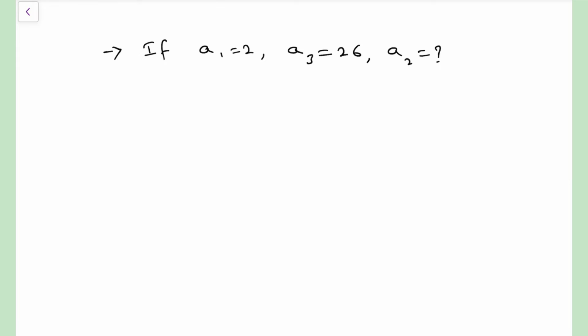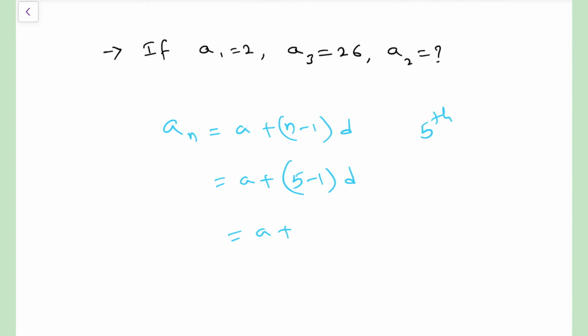Next, if a1 equals 2, a3 equals 26, we need to find a2. Before going to this one, let us write a small trick on how to write the terms. For example, if we need to write the fifth term, the formula is an equals a plus n minus 1 d, right? I need to find the fifth term, for example. n is the term we are finding, that is the fifth term. So 5 minus 1 into d. So a plus 5 minus 1,